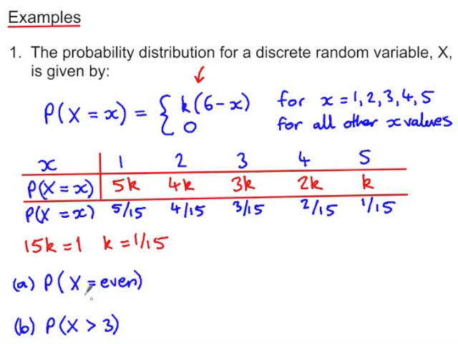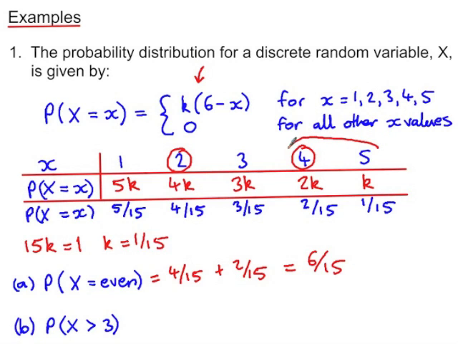answers to the questions. So firstly, the probability that x is even means we're looking at when x is 2 or 4, so that's 6 over 15. And the probability that x is greater than 3, that means when x is 4 or 5, so that's 3